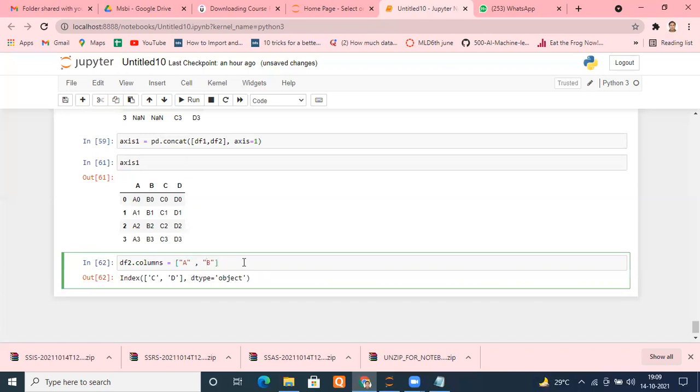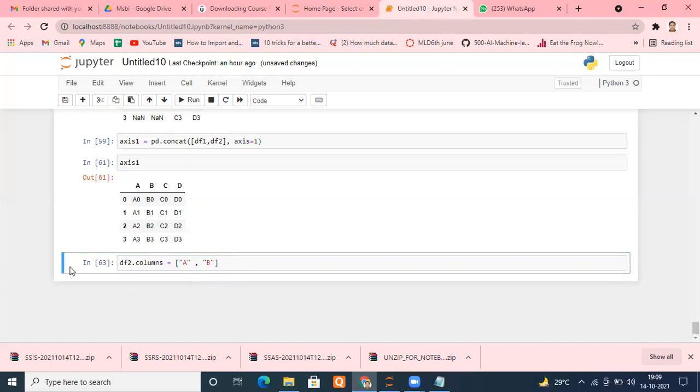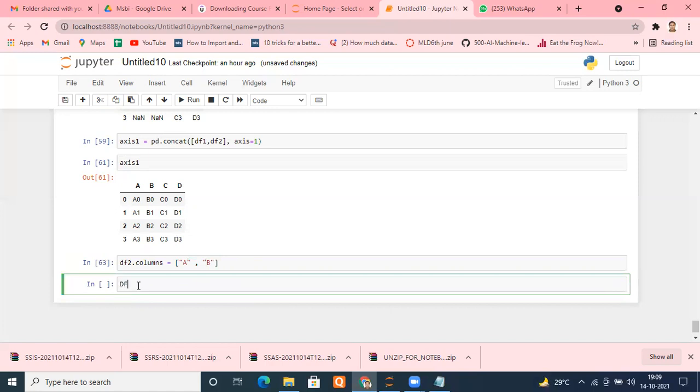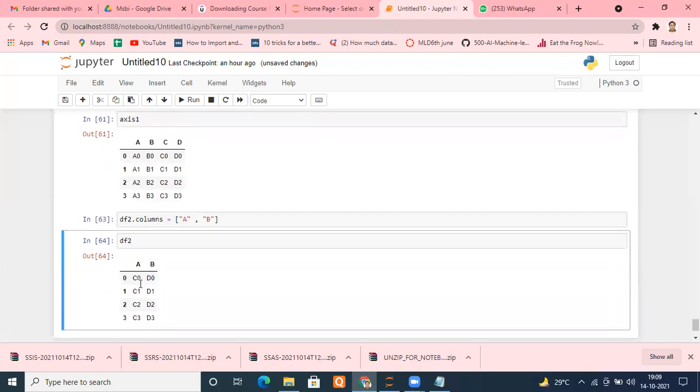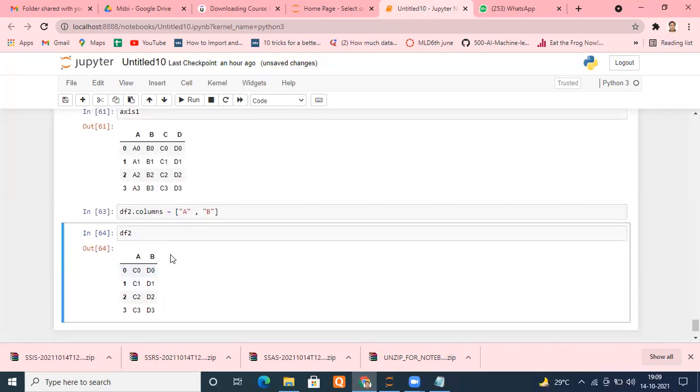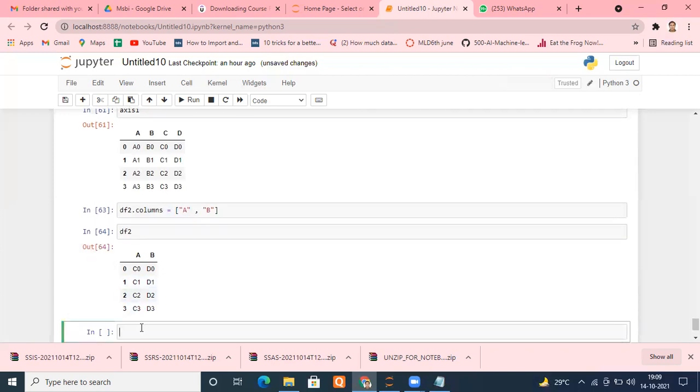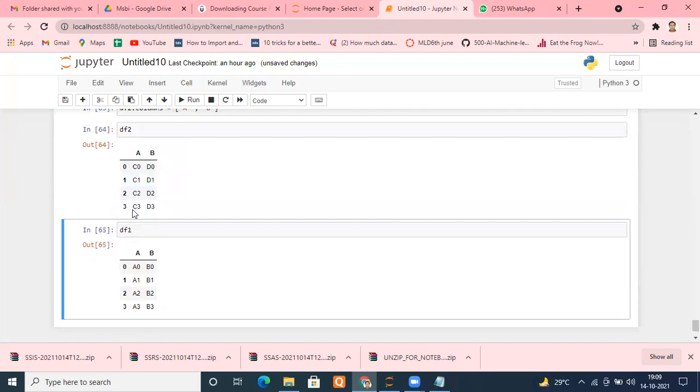This is the thing I created. Now I can check my df2. Okay, it is A and B. Fine, no issue with that. And if we check df1, it was also A and B.